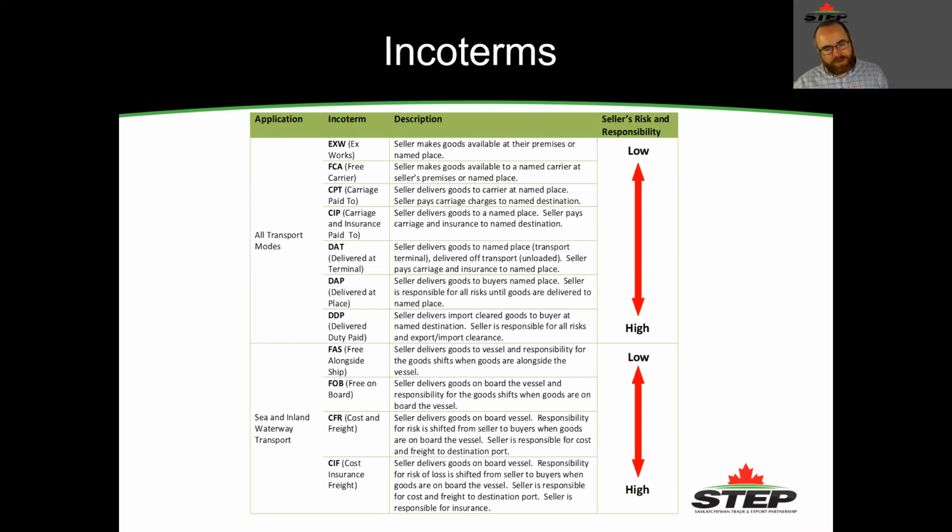The one thing I would point out is that you might have used these in the past, and it's pretty common, people might put something like FOB Calgary, for example, which means that requirements move when the shipment gets to Calgary, but that's incorrect. It's technically a sea-based term, where usually that ownership passes when it passes the rail of the ship. But people use it anyways. It's incorrect to use it. I'll just point that out.